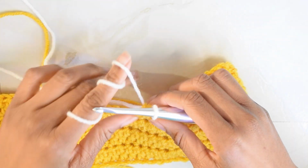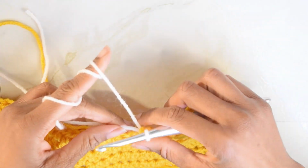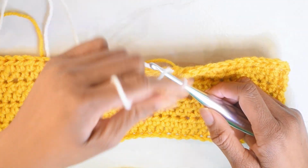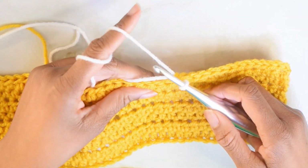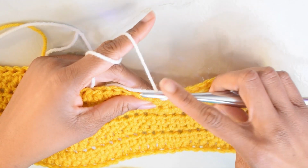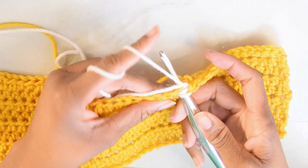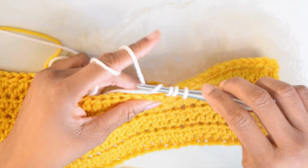Just tug on those strands to tighten up our stitches. We are now going to half double crochet in each of the next 11 stitches. So 1,